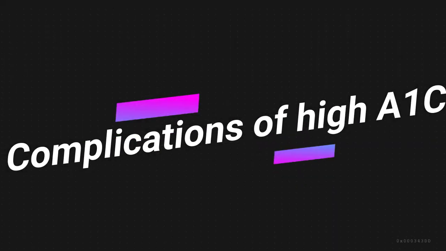A person with A1c levels indicating pre-diabetes may wish to consider lifestyle changes such as adopting a well-balanced diet or staying active to help manage or even reverse the condition before it progresses to type 2 diabetes. Complications of high A1c.